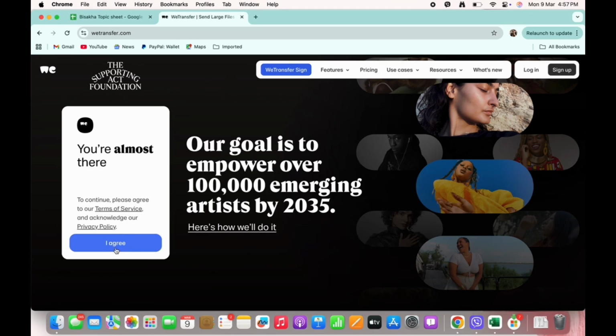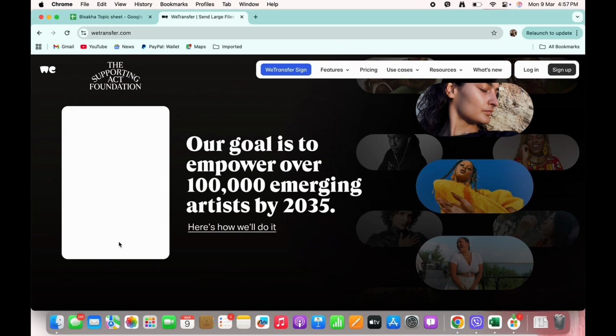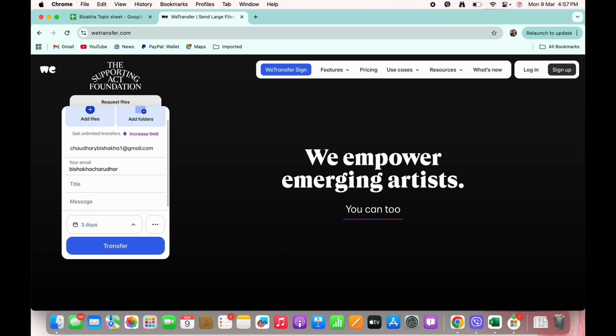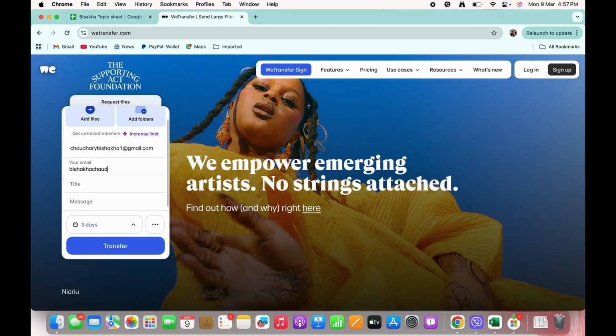the I agree button. Once agreed, go ahead and enter the email address of the individual whom you want to send the file, and further, go ahead and enter your email. Once you have entered both the emails, go ahead and add in the title for your file send that you want to send. Further, go ahead and adjust the date and the time of the file that you are willing